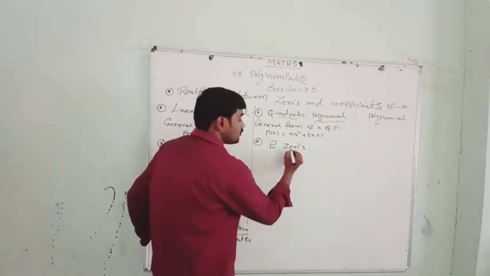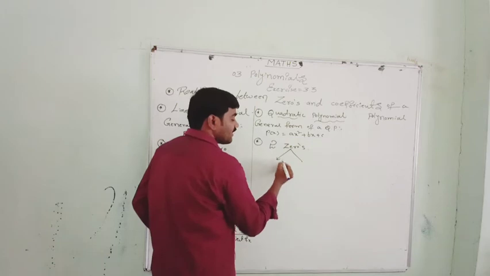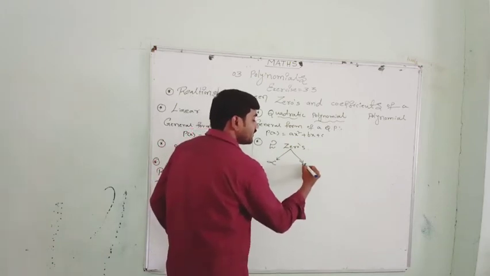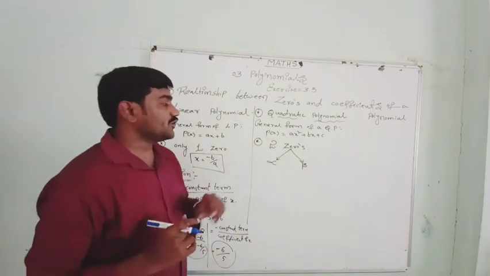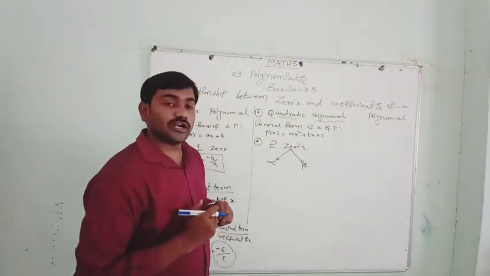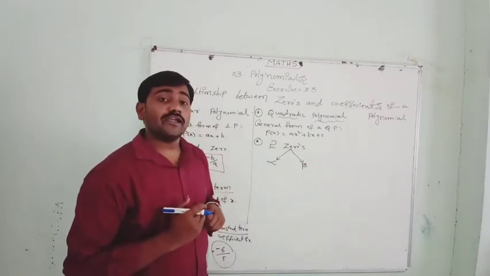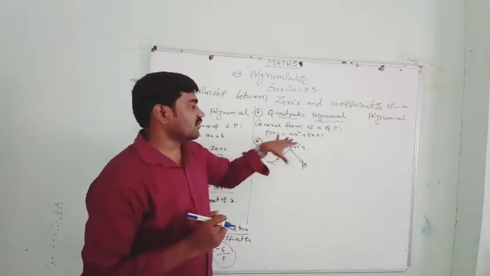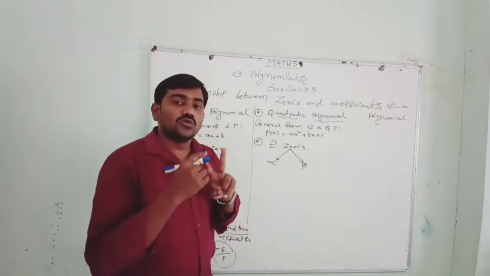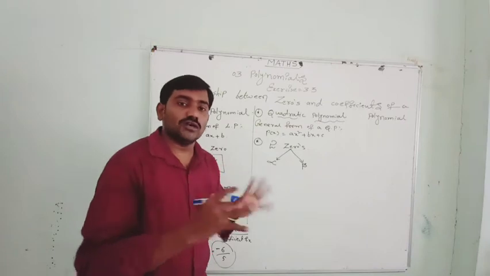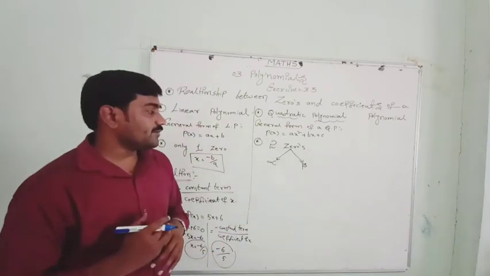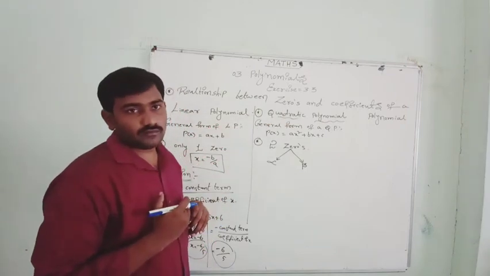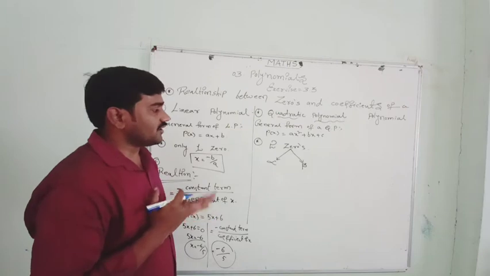To denote these 2 zeros, one of the zeros is denoted by alpha. The other zero is denoted by beta. Remember. So it has 2 zeros now. Suppose you got 2 zeros of a quadratic polynomial as 2 and 3. Then 2 is alpha, 3 is beta. In that way we have to assume. Then for this quadratic polynomial we will have a standard form also. Regarding the standard form, I will tell you.